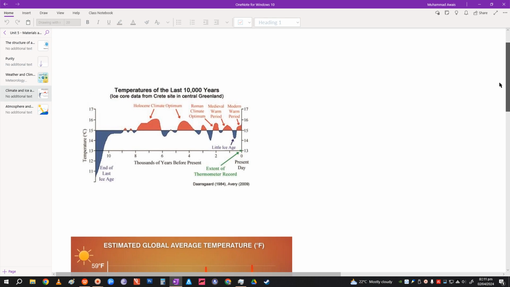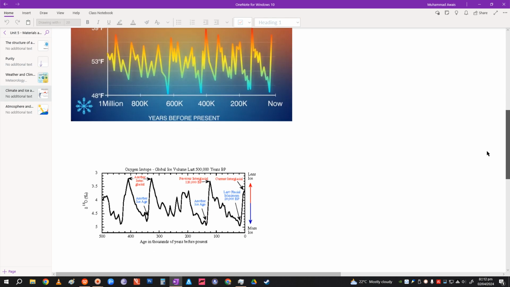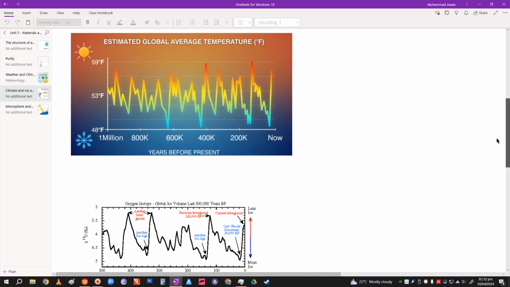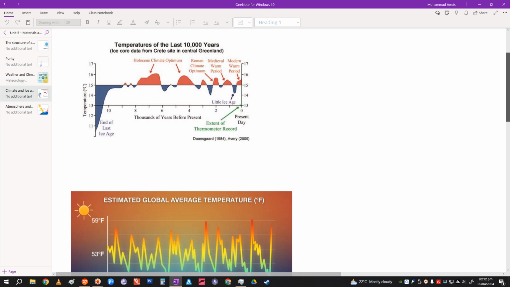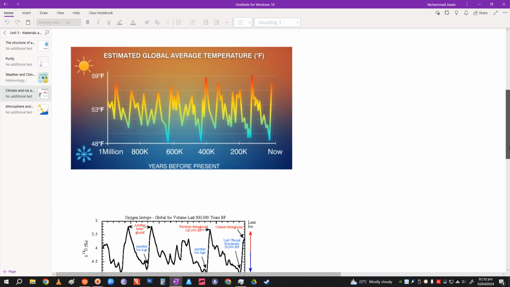Reason being, I'm not able to find better maps which are available in your book compared to those available on the internet, which are more scientific in nature, right? I haven't been able to find any more that is suited to your age, but I'll just go through a basic idea that